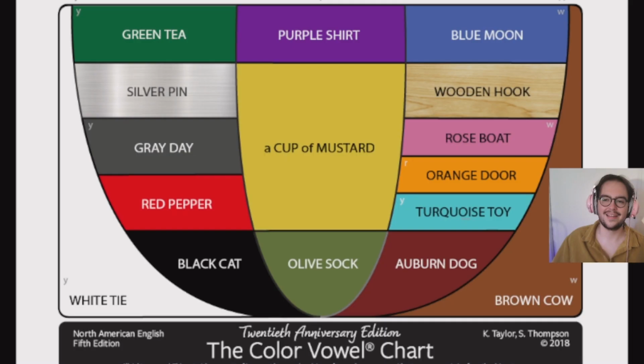So learning and studying to pronounce these vowels is something that takes a lot of focused study and development and patience and practice. But one of my favorite tools for helping you develop the differences between these very similar mouth shapes and vowel sounds is the vowel chart. Welcome to the Color Vowel Chart. You can find this at